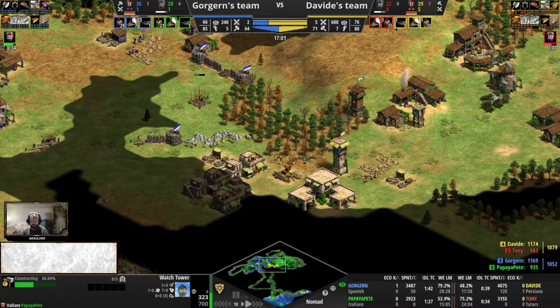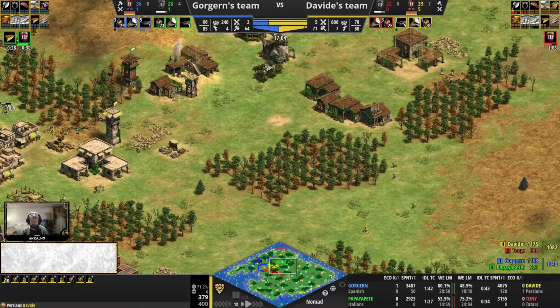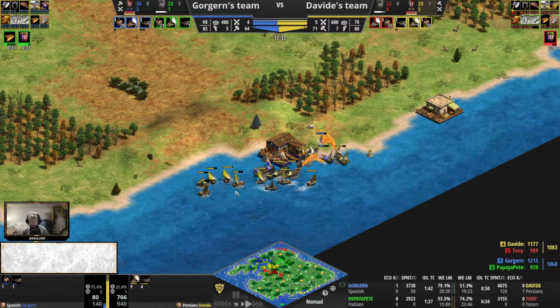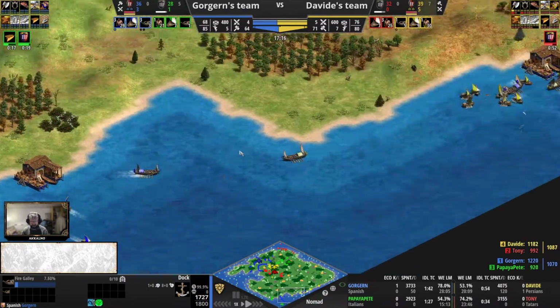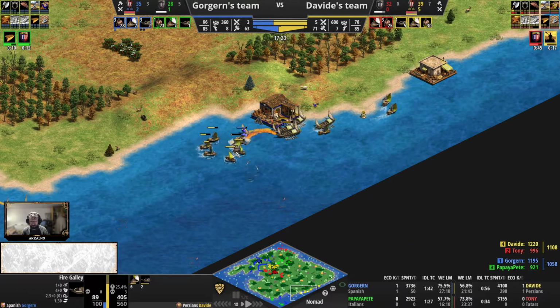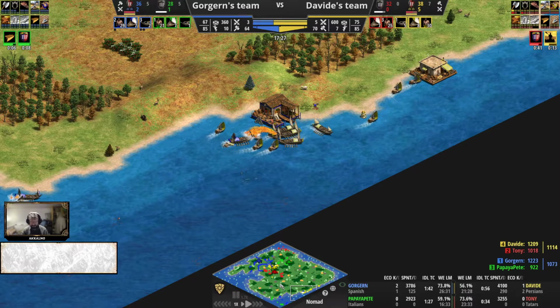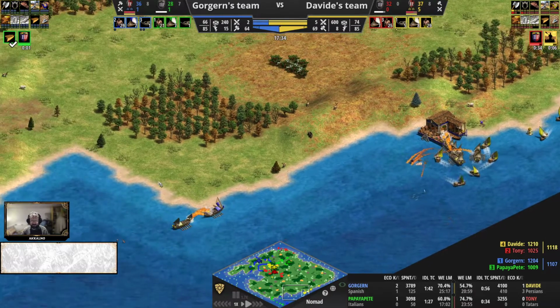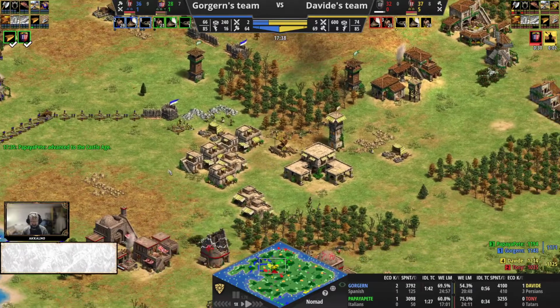In the meantime, Papaya Pit is towering the stone as well, so no defensive castle for David here. Don't think water is reclaimable for Gorgern here. He does have 3 fire galleys out, and he is trying to focus on the fish, so some value he will be getting. 2 fish killed. It's also delaying the naval kills from Davide, and maybe even forcing a further extended feudal age for Davide,